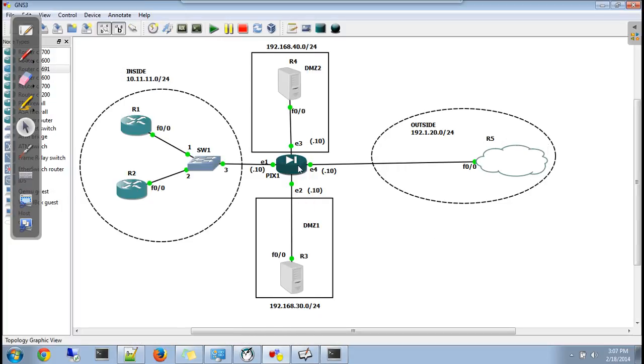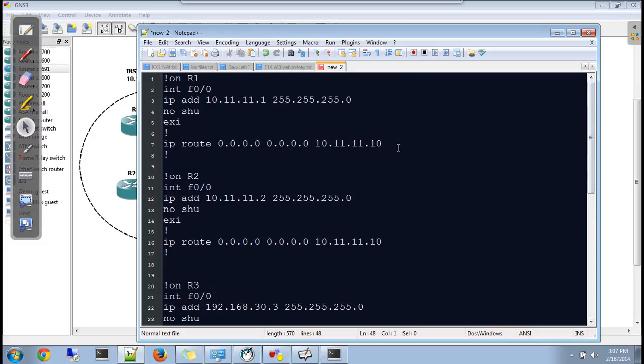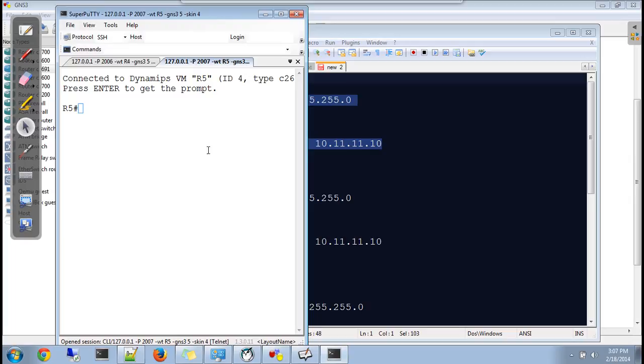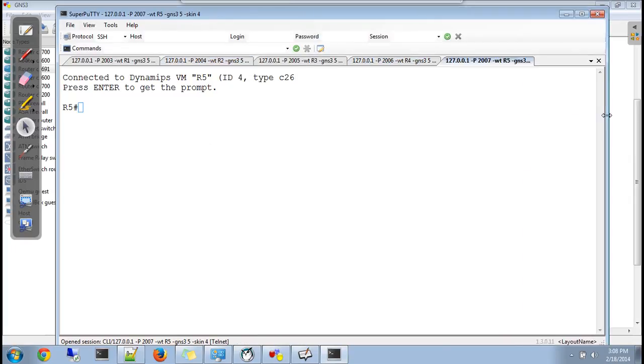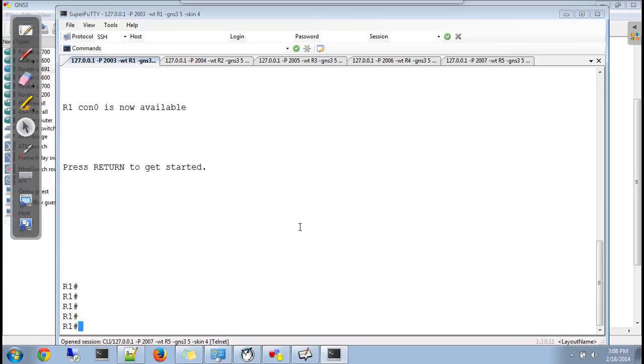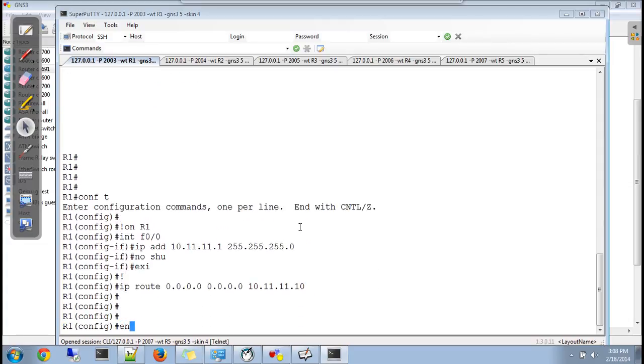Hold up, last. So first let's configure the routers only. I'll copy the commands for router R1. Copy. I'll go to the console and paste it on R1. Done.